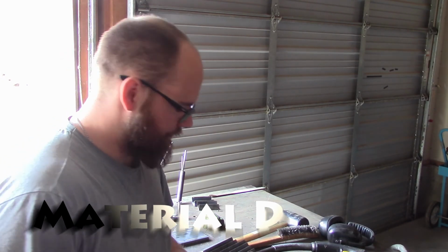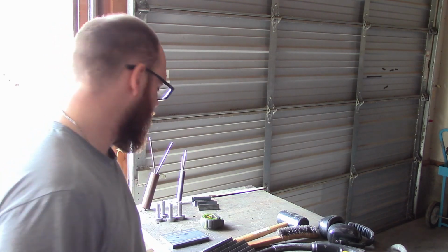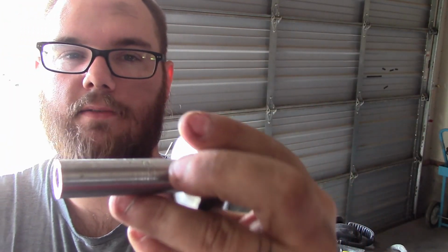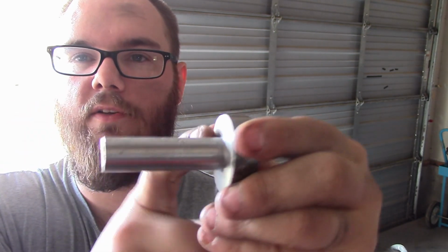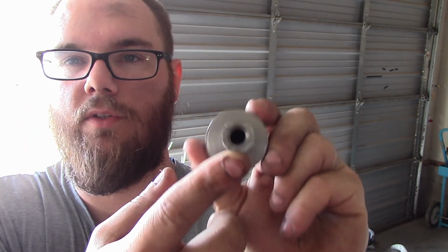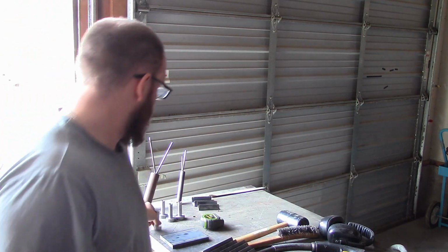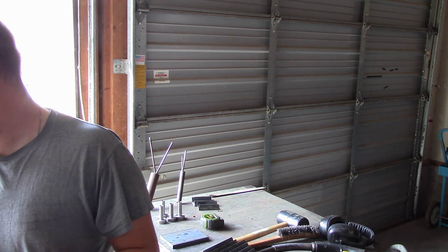All right, so here I got a little project, and it's taken me a good bit of time because I did some time with some work on the lathe for it. It's just making these little guys. I didn't really touch this diameter. I ended up saw cutting this, but I turned all this down and then drilled and tapped for 3/8. And I got 4 of those because what I'm going to be doing